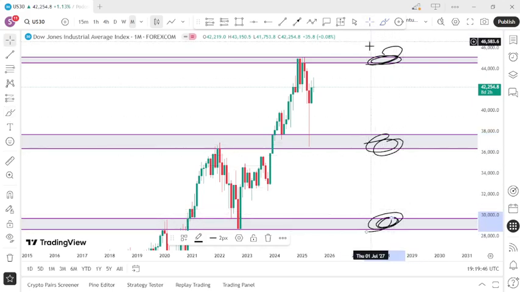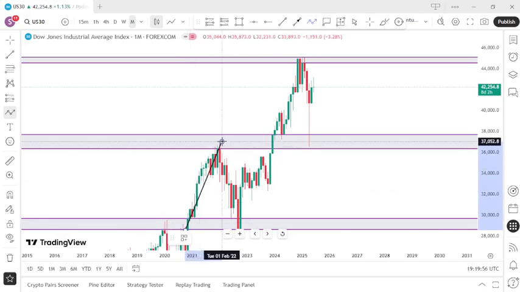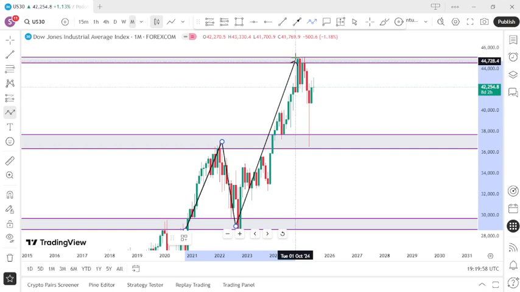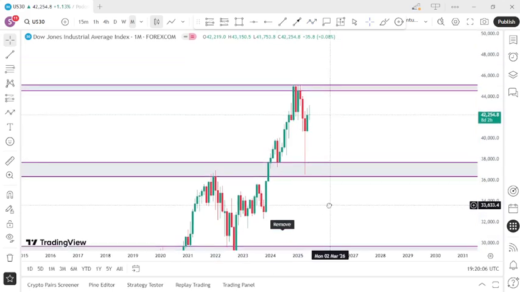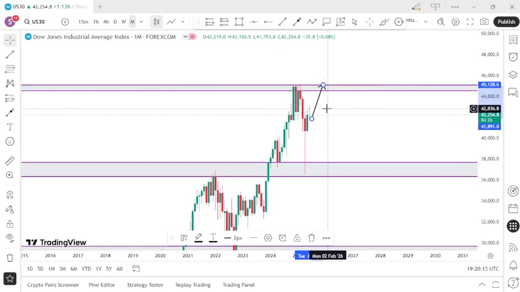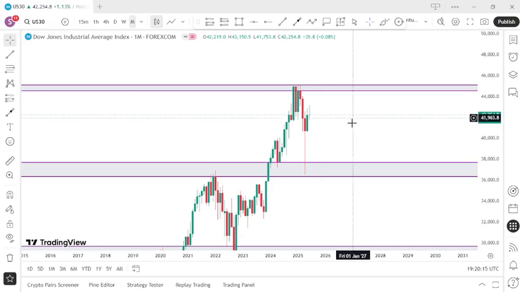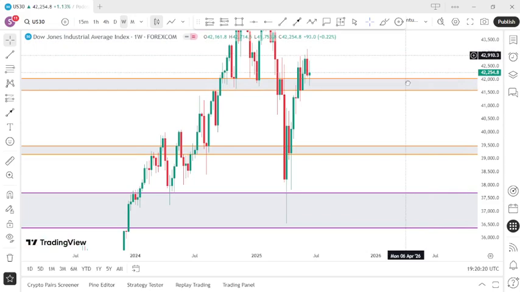On the monthly time frame, you could see that price is moving to the upside. It's a very beautiful pattern. Higher high, higher low, higher high, higher low, and we are seeing a new higher high coming in. So what you are going to do is look for buying opportunities from here all the way to the monthly upper zone before the higher high comes in. So let's go to the weekly time frame